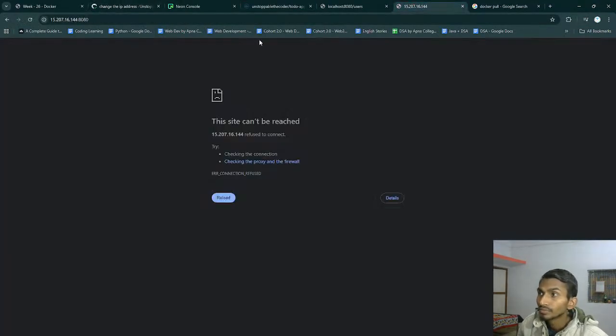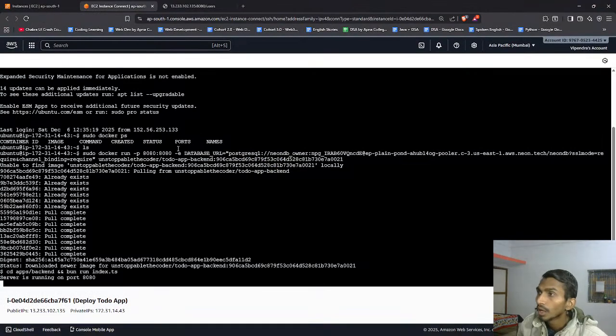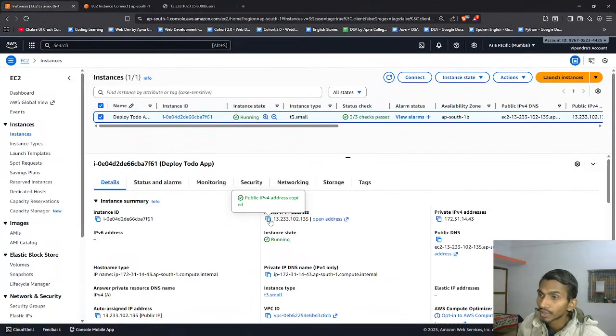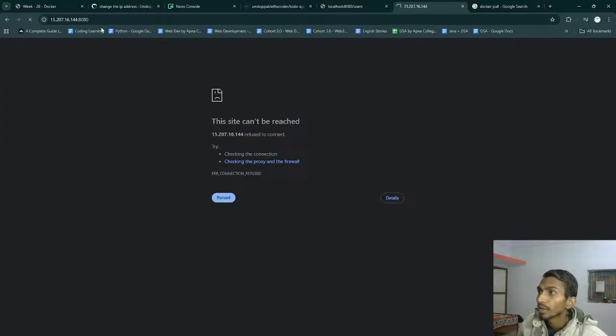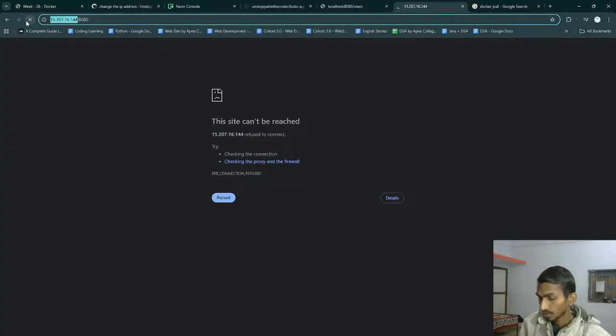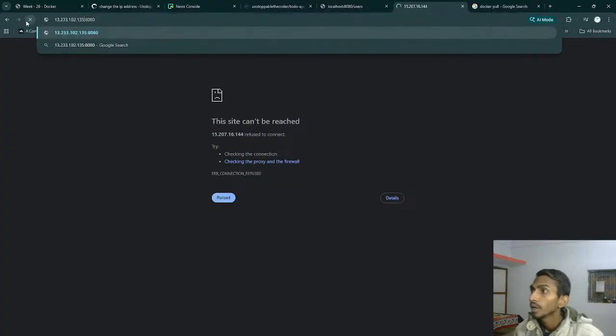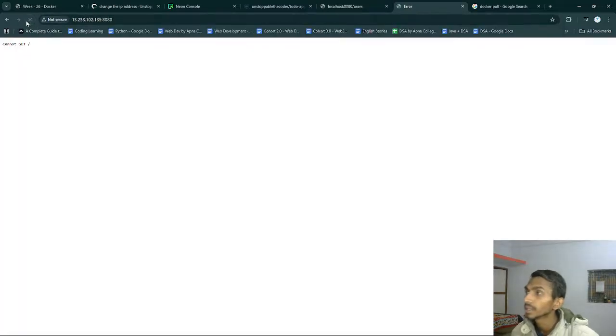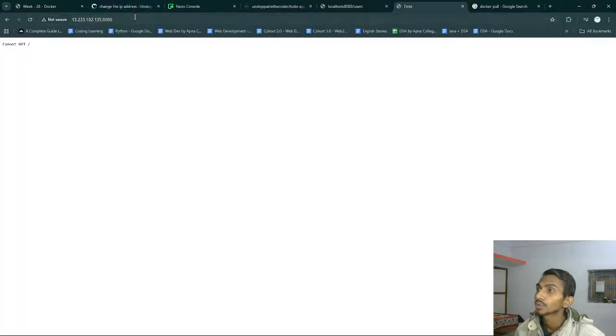If I run it, ultimately what is happening? Am I able or not? First of all, I'll have to change the IP address if I'm not wrong. This time the IP address has changed, so let's use this particular IP address, and instead of that I'm going to be using this one. And this, okay, let's run it now. I'm getting it. Let's go to /users,